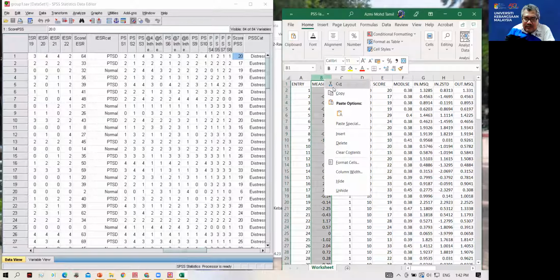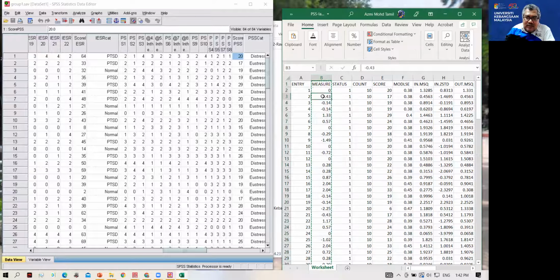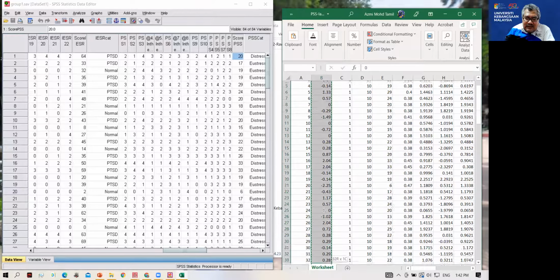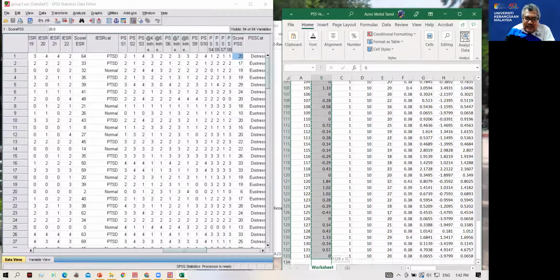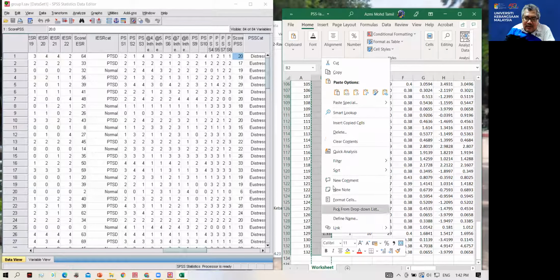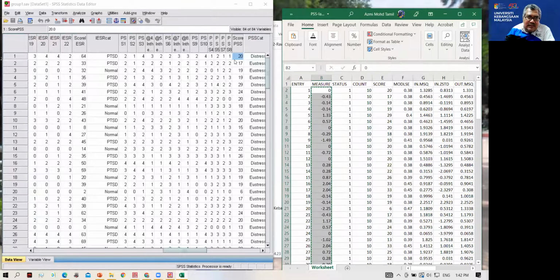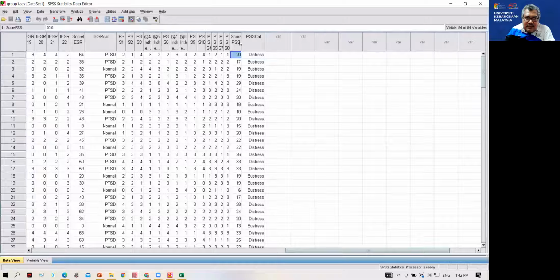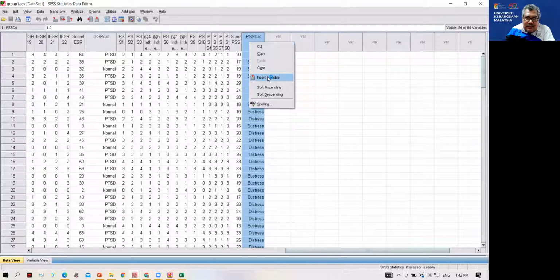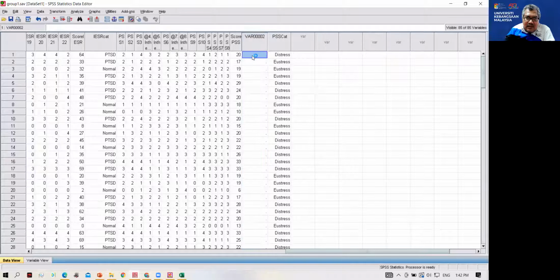So if I copy and paste this into SPSS, this is in fact my so-called continuous data for PSS. Let's say I just copy this, make this bigger, insert variable, and paste it here.